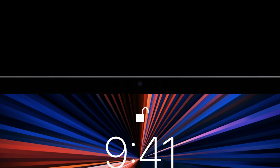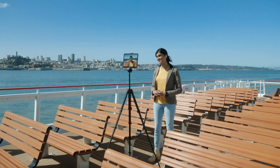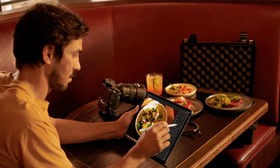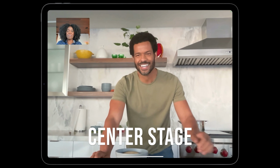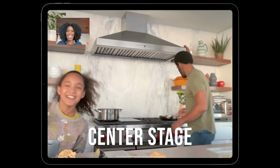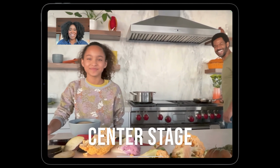The new upgraded cameras offer true depth camera, a 12 megapixel sensor, ultra-wide camera functionality, and Center Stage, which is a new software enhancement that tracks your face automatically to keep you in the center of the action during video